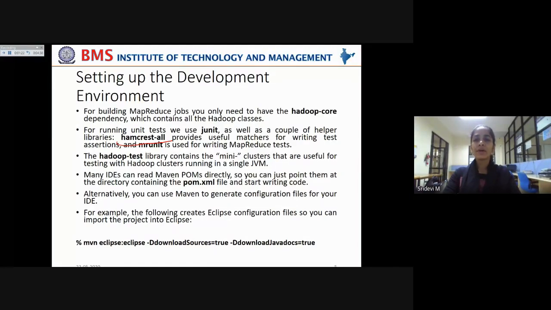In order to provide such useful matchers for writing test assertions, this Hamcrest All helper library is included. And there is another helper library, MRUnit, that is MapReduce unit, which is actually used to write the MapReduce tests. Now, the Hadoop test library contains the mini clusters that are useful for testing with Hadoop clusters running in a single JVM.